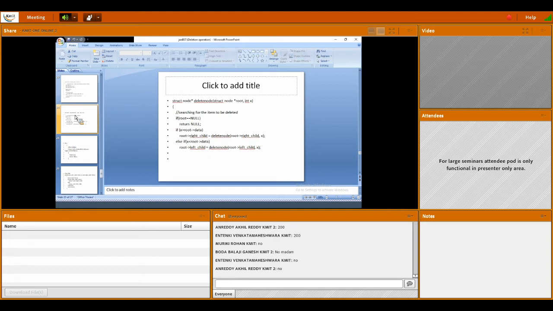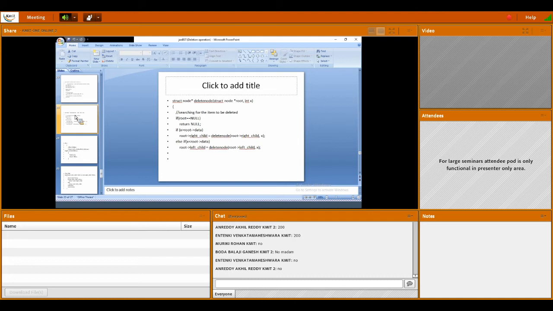We selected node 1, but how can we know where it is? Whether it is in the left part of the tree or in the right part of the tree, we don't know, right? So using the search operation, we are able to identify the location of that particular 1. How does the search operation work?